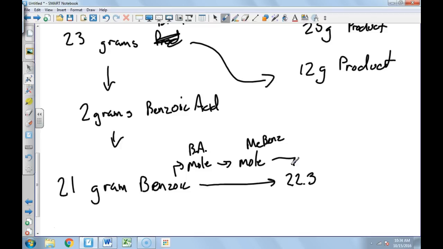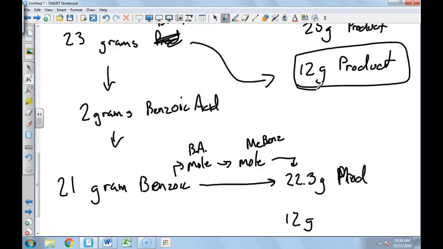Okay, 20.3 grams of product here. Okay, and now our 12 grams of product that we got up here becomes something better than a 50% yield. That becomes, let's see, 12, so that's somewhere around a 57% yield. Okay,